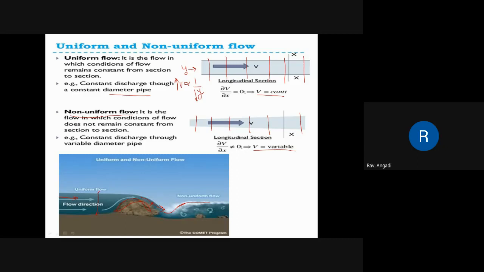So this type of flow is what we call a non-uniform flow. Behind the obstacle the flow was uniform. When it crosses the obstacle, the flow becomes very varied, and that flow is what we call a non-uniform flow. So is it clear how the non-uniform flow takes place?